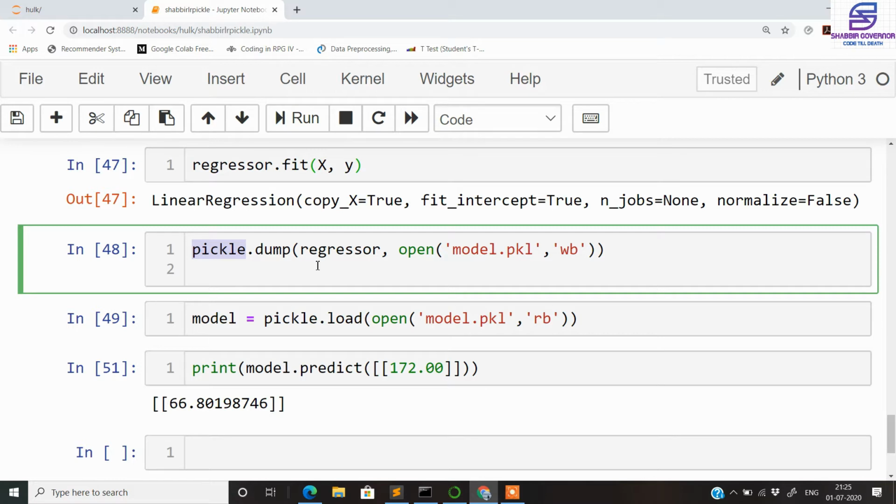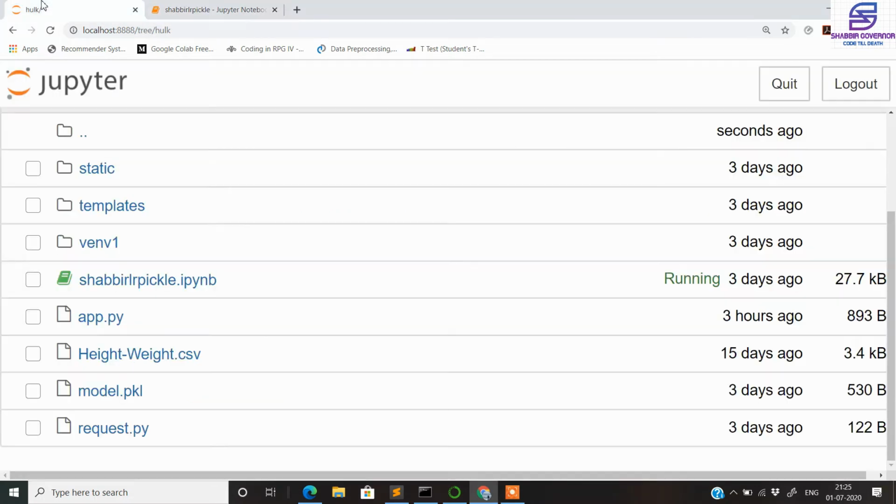We can use that model in our GUI based or web application where machine learning is used. So we dump the model that is inside our regressor, and we name it model.pkl. After running this cell, you can see that I get a file, model.pkl, that is a pickle file. My model is saved into this file.